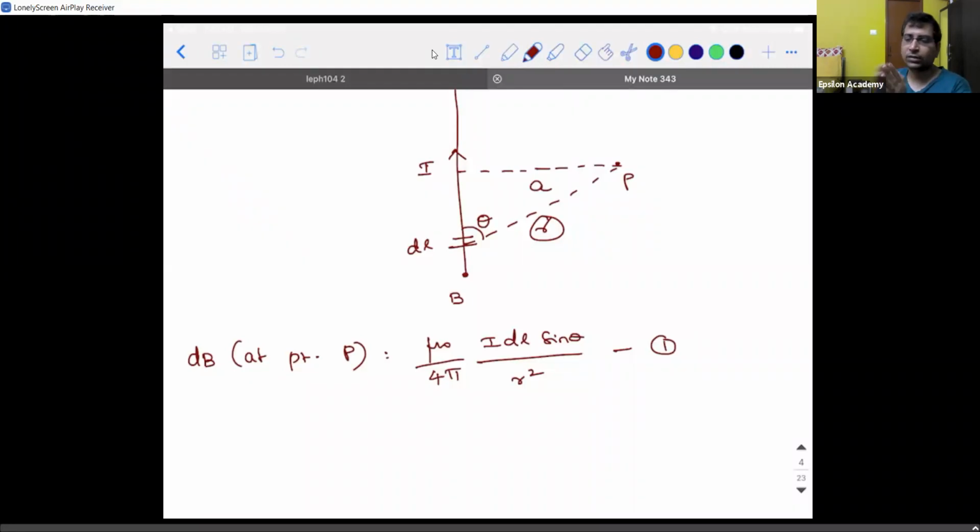What I'm trying to say is, sir, you mean to say that you're going to put an integral symbol here and finish the task? No, I cannot do that. Because if I need to put the integral symbol with respect to a differential, I need to ensure that the mathematical equation I have in my hand should be a function of one variable. I hope everybody knows what a function is, right? I need to ensure that the mathematical expression I have, especially on the right hand side, is a function of one variable, because on the left hand side I can put an integral any point of time. Integral of dB is B.